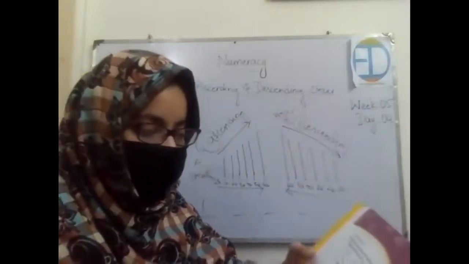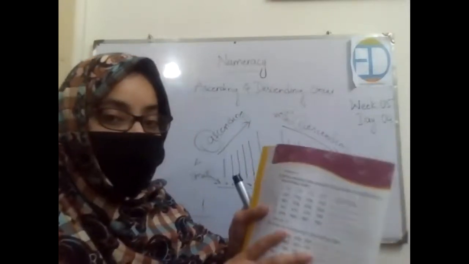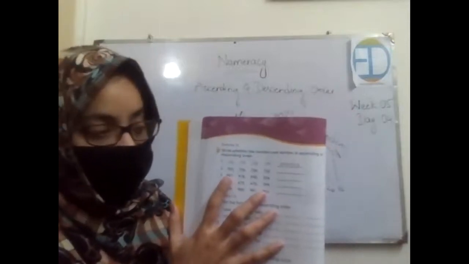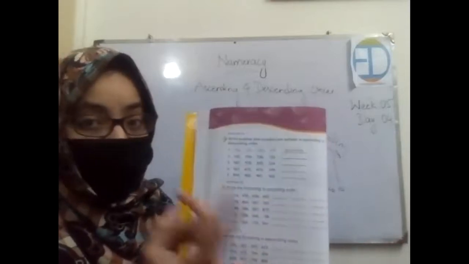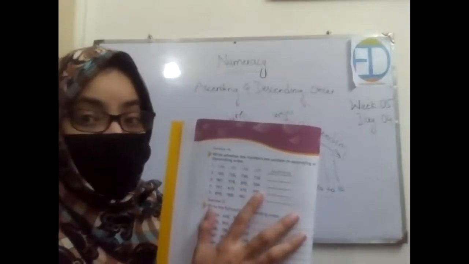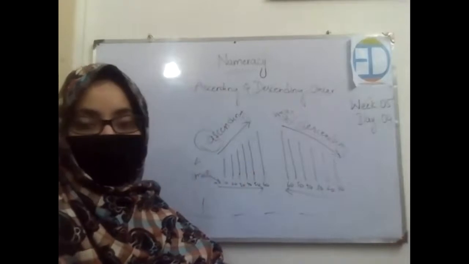Excellent. Write it down. Now look at the next one. Are the first digits the same or different? They are different, right? Two of them are the same and then the others are different. Now look at the second one. 8, then 7, then 695, then 554. So this means this is ascending order or descending? Again descending. Excellent. Now solve the next two by yourself and then we will be doing the next exercise.